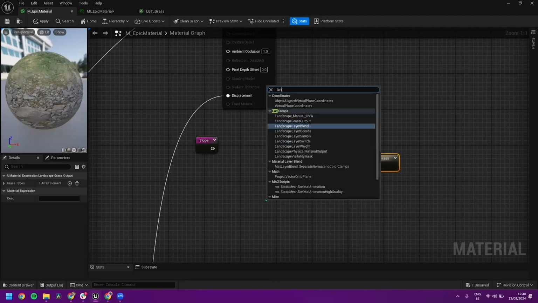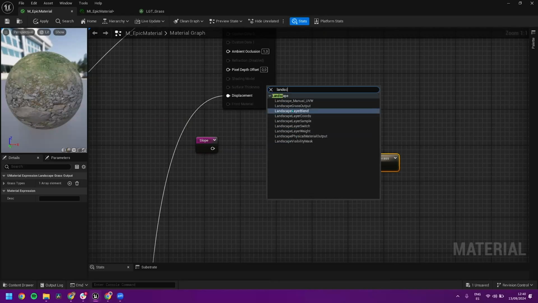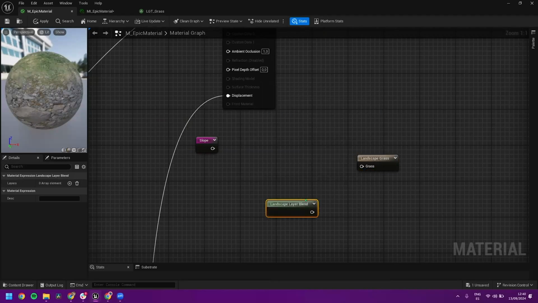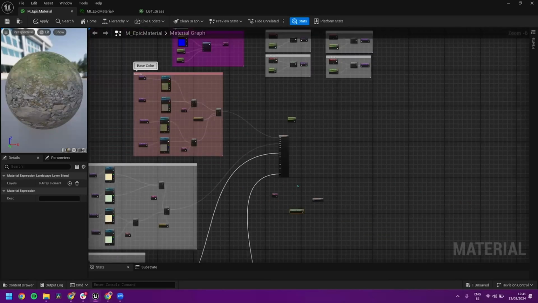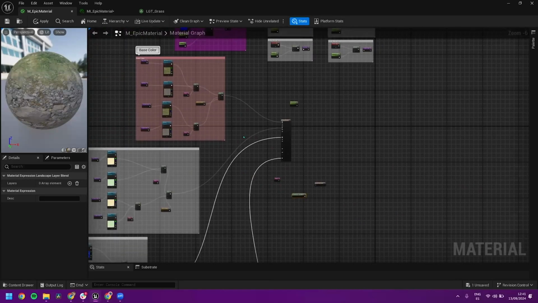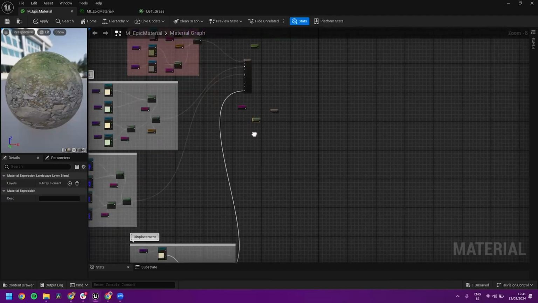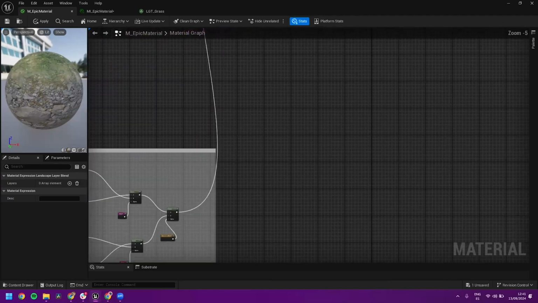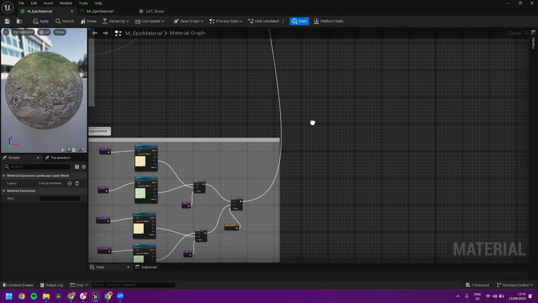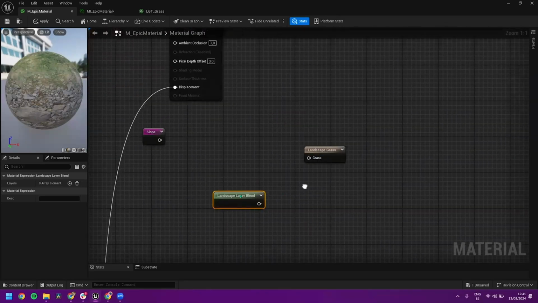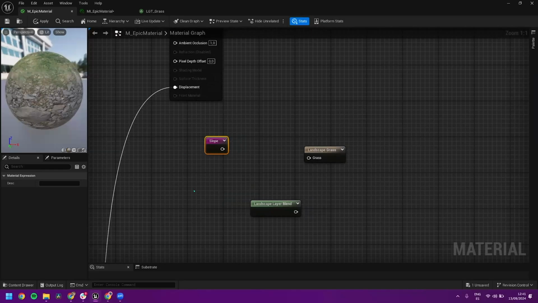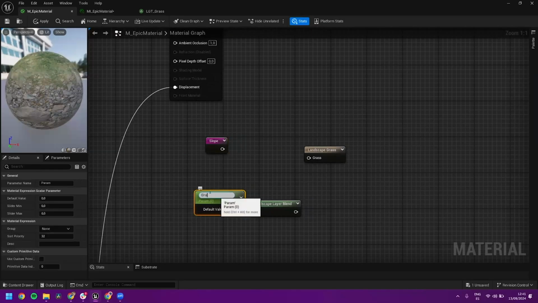This is a node that will help you with your layers. Another way of creating a material is creating it through layers, and I will show that to you later on. I'm still thinking why this is going the other way around. I may have done it the other way, but anyway. So we're going to have this landscape layer blend, and the rest is just going to be scalar parameters. So once more, I'm just going to get the grass amount,